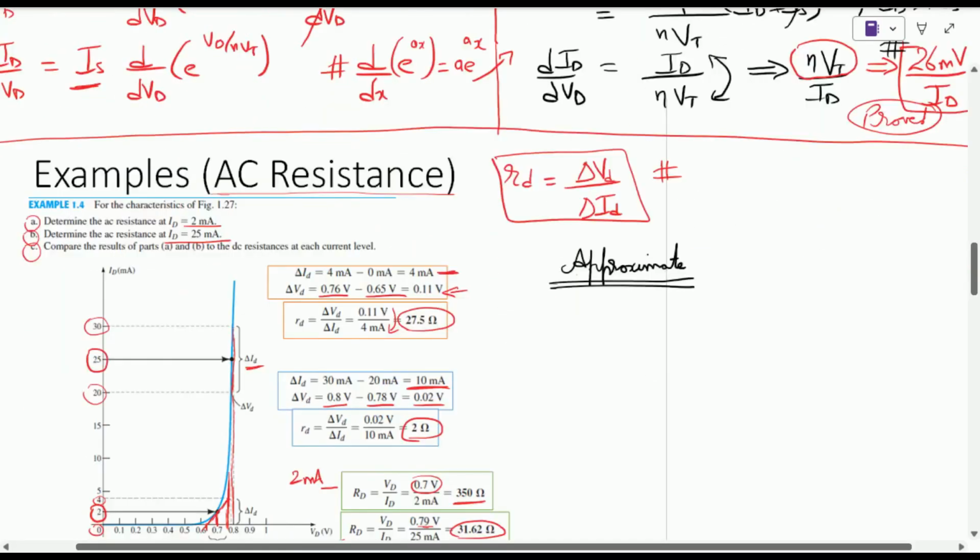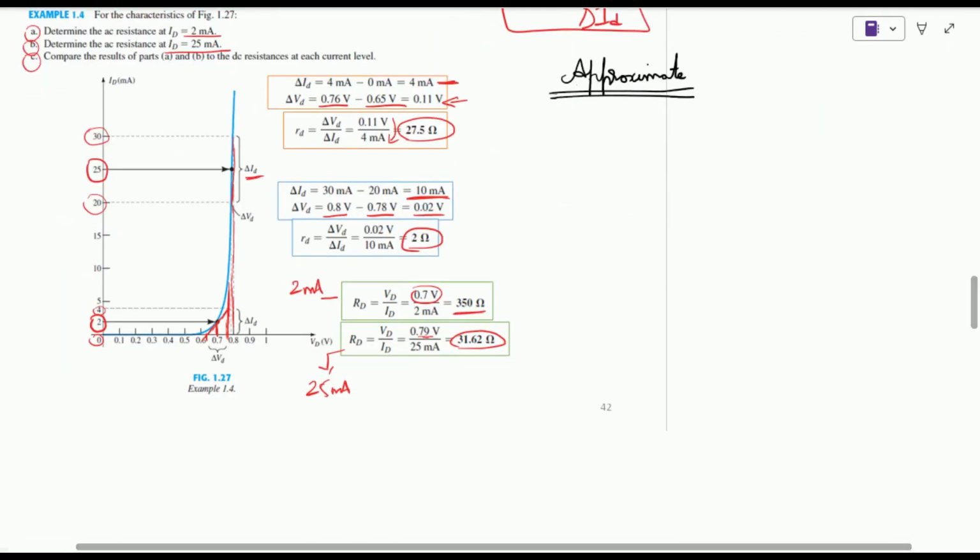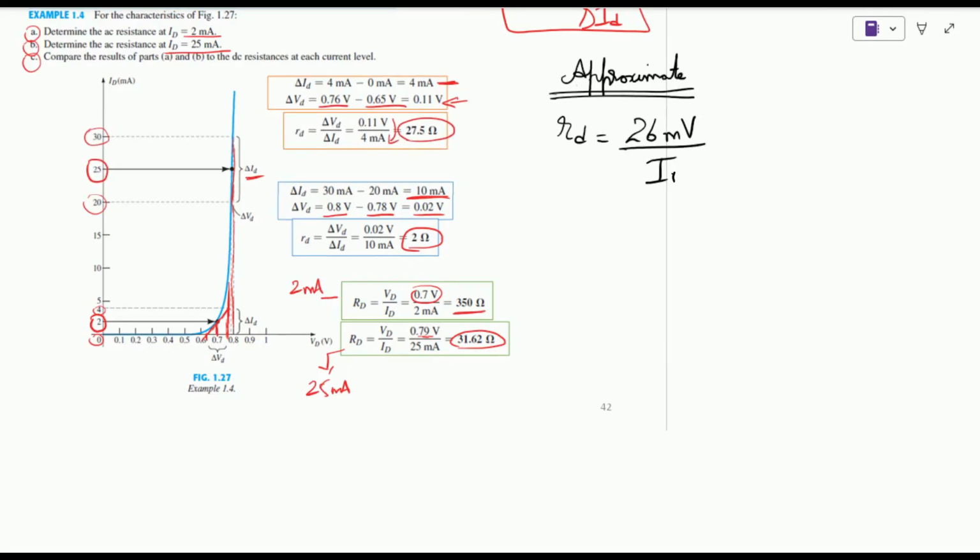We need to find the AC resistance using this mathematical expression, which is 26 millivolts divided by capital ID, where ID is the current coming from the DC analysis of it. So for the first part, ID is 2 milliamps. So we just put the value of 26 millivolts divided by 2 milliamps, and the answer comes out to be